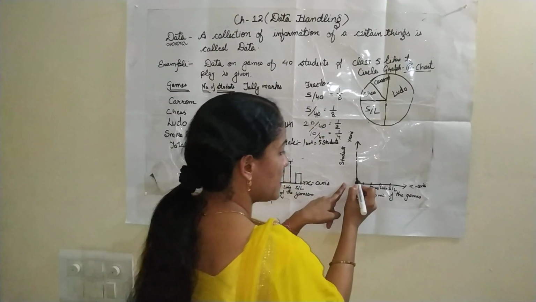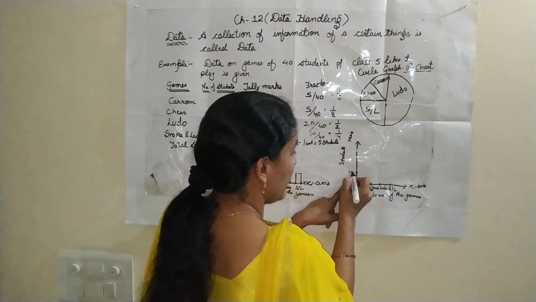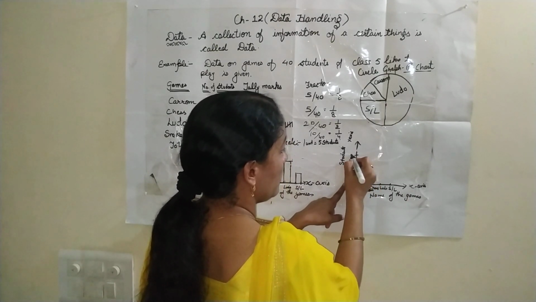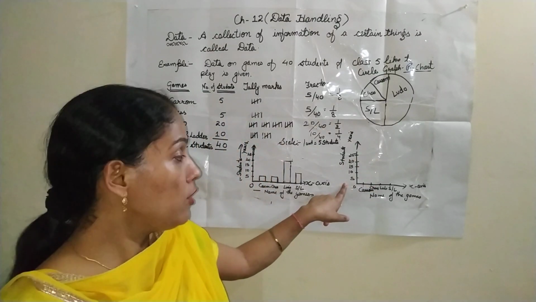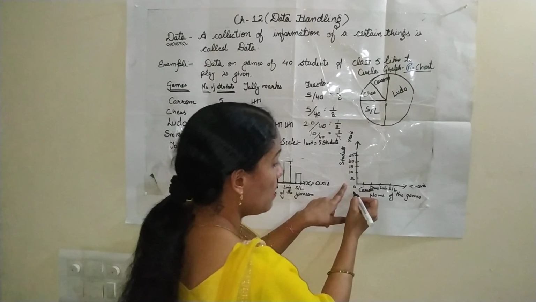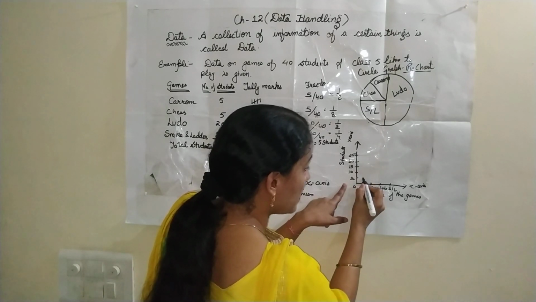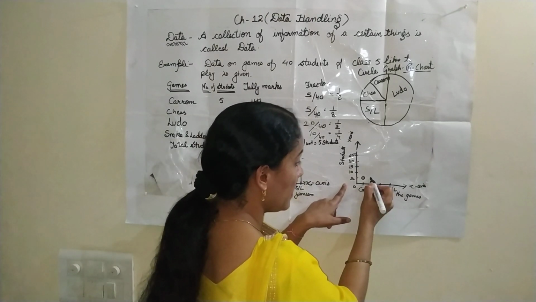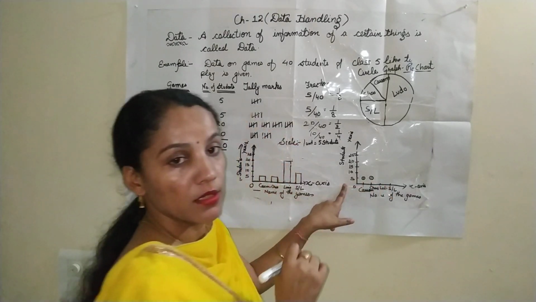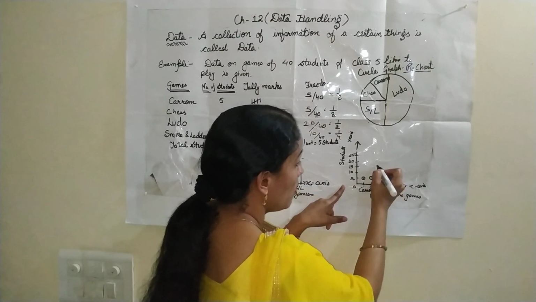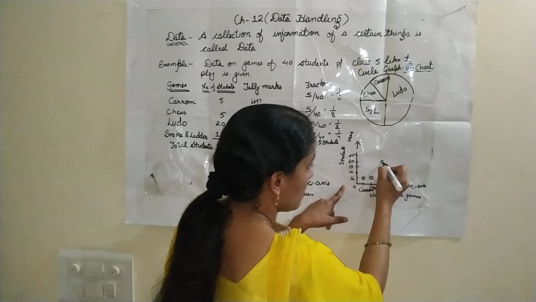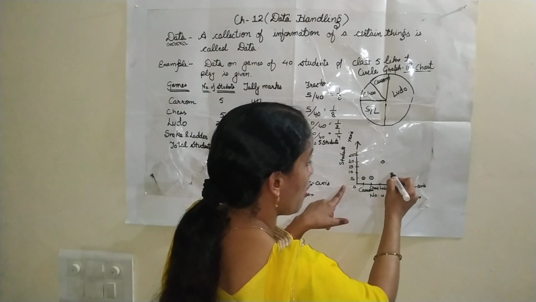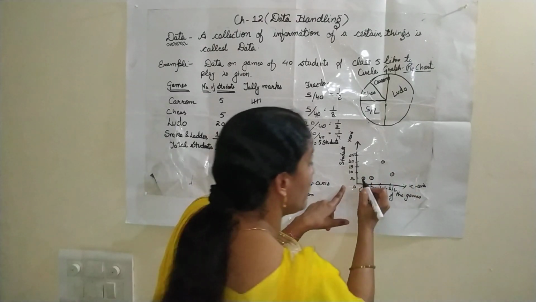On the above side, write 5, then 10, then 15, then 20, then 25. Now, when you plot all these on graph paper, for 5, where we get 5, you make a point. After that, for chess, again put a dot and circle it with a small circle. Then Ludo on 20. Put a dot with a small circle. Then snake and ladder on 10. Put a dot with a small circle. Then join all these dots.